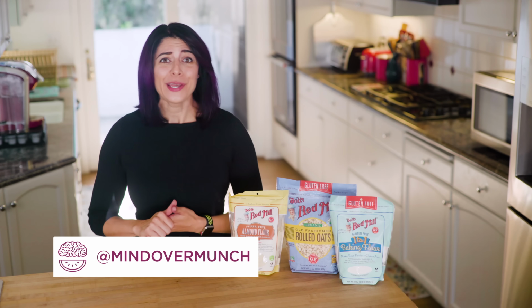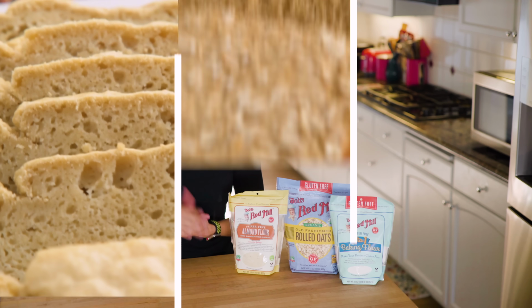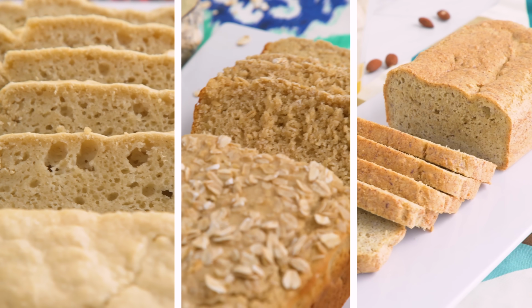I don't know about you, but my carb and gluten count are increasing by the day. So I wanted to share some gluten-free bread recipes that give you cleaner bread options, and I even have a